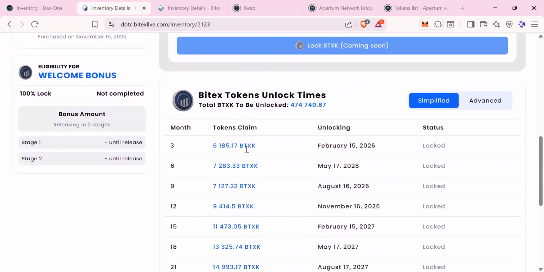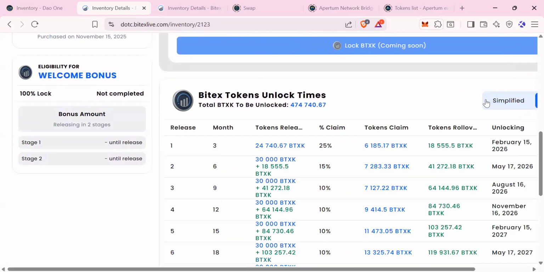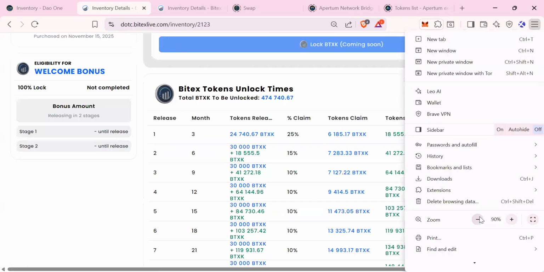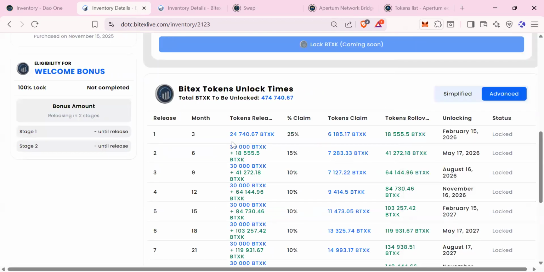Here it gives you a breakdown of how many coins you're going to get on the 15th of February. This is the 25%. Now, if you click on the advance button here, it now says that in the first 3 months, you're going to earn